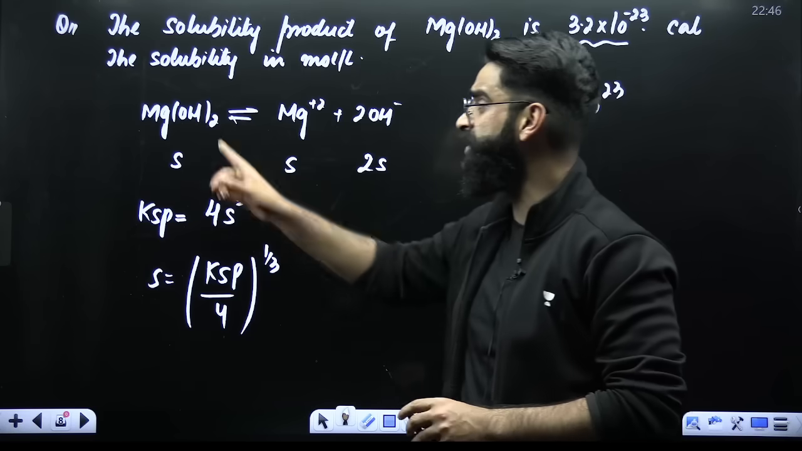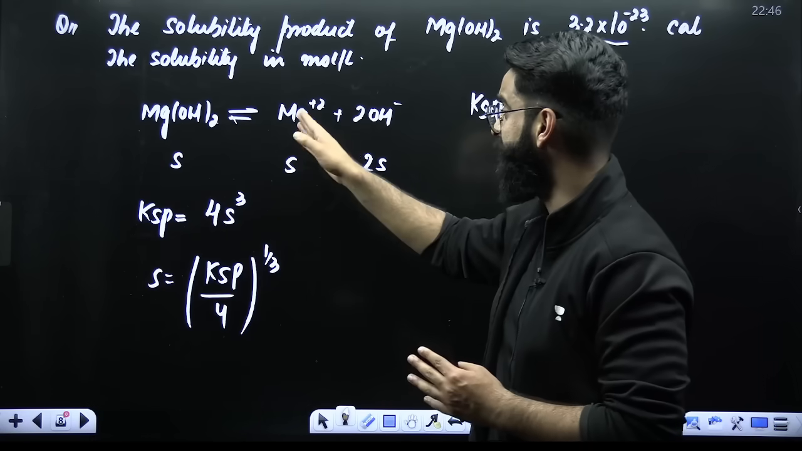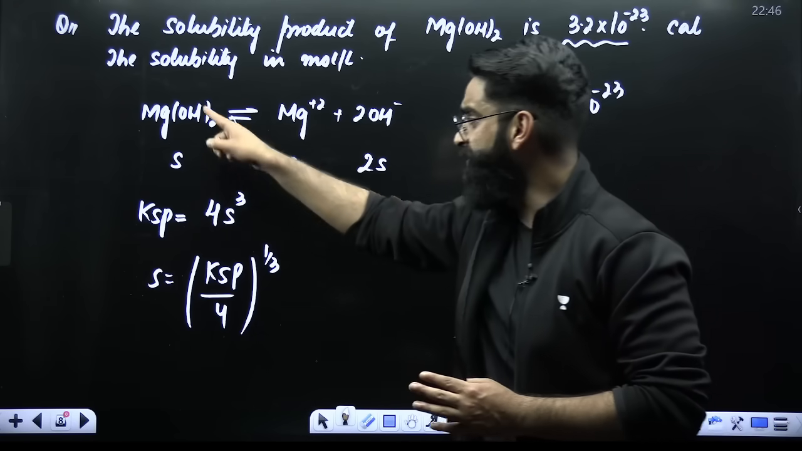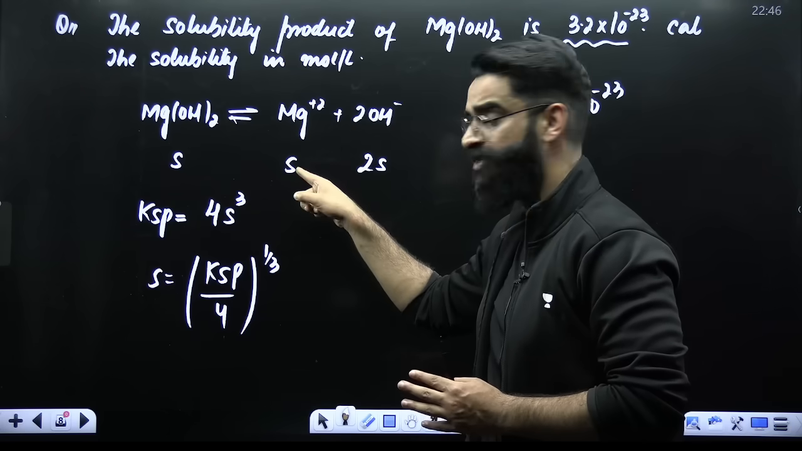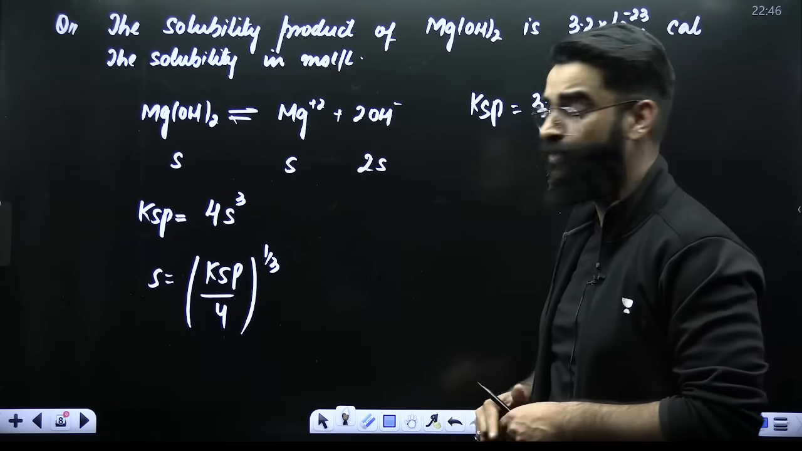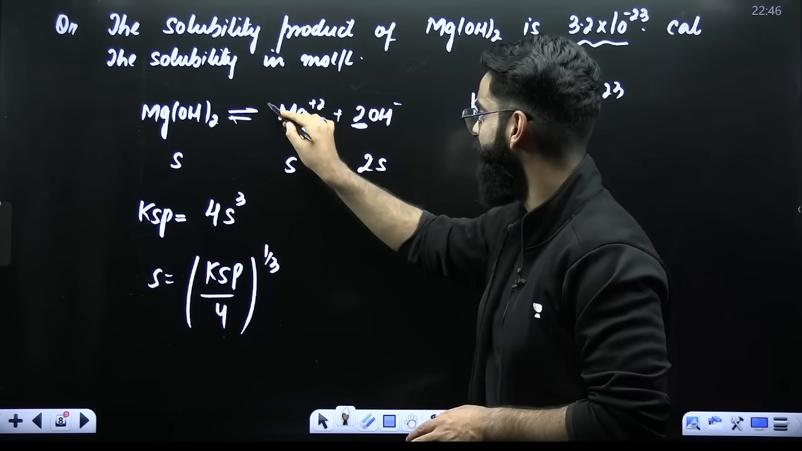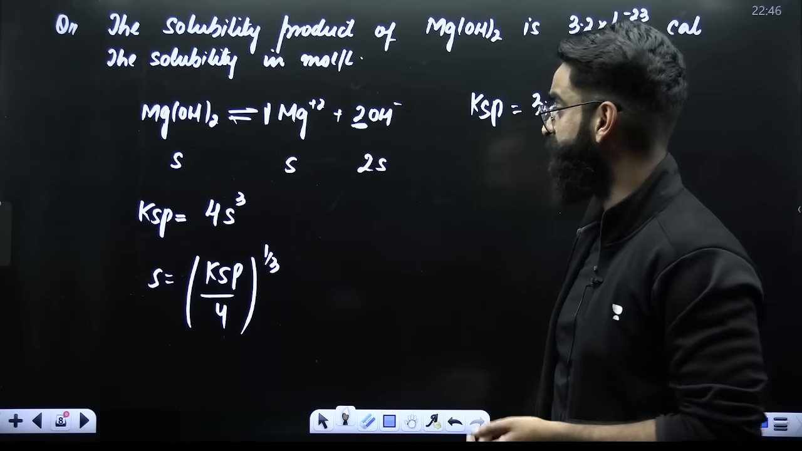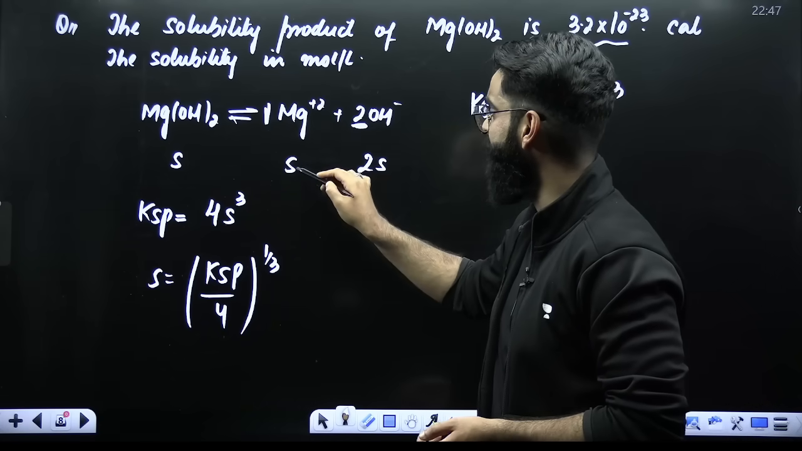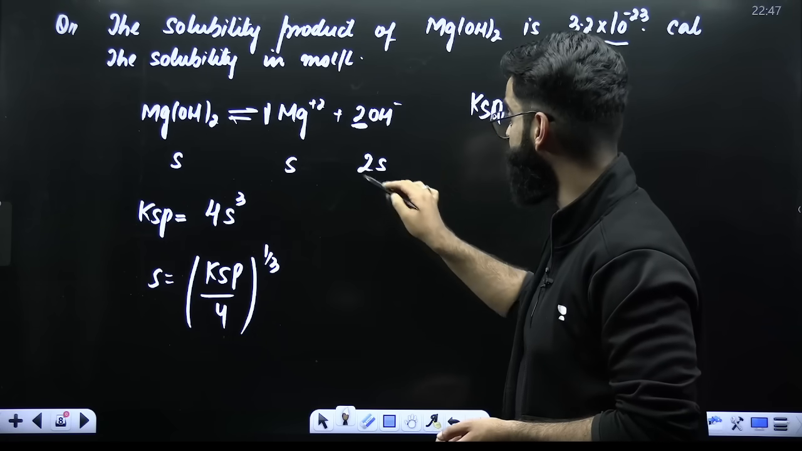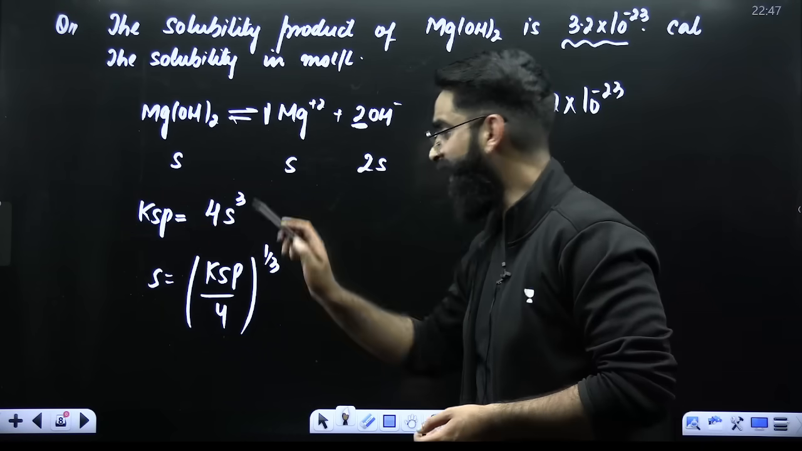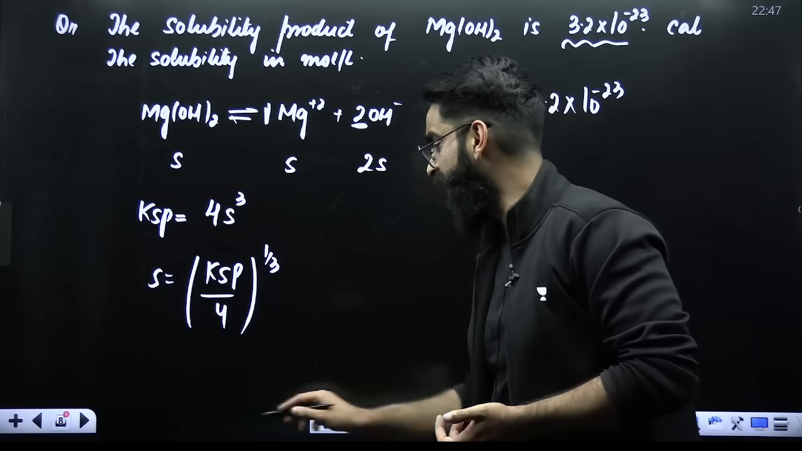First of all, how does this Mg(OH)2 undergo dissociation? Mg2+ plus 2 times OH negative. If its solubility is S, its concentration is going to be S and the concentration of OH negative is going to be 2 times S, because the stoichiometric coefficient here is 2, here it is 1. Now, when you write the KSP expression, it's going to be concentration of Mg2+, that's S, concentration of OH negative raised power 2. So the KSP value comes out to be 4S cube,